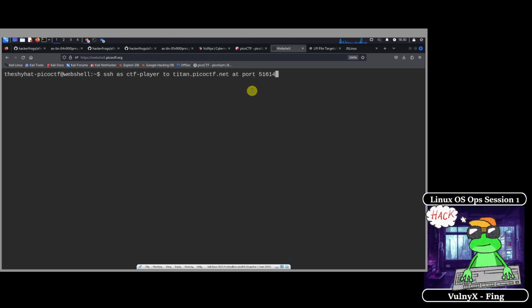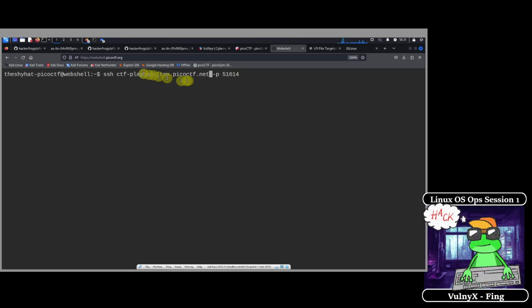And then what we're going to do is edit this line right here using your arrow keys and the delete button on your keyboard. So you want to edit the command so that it looks something like this.